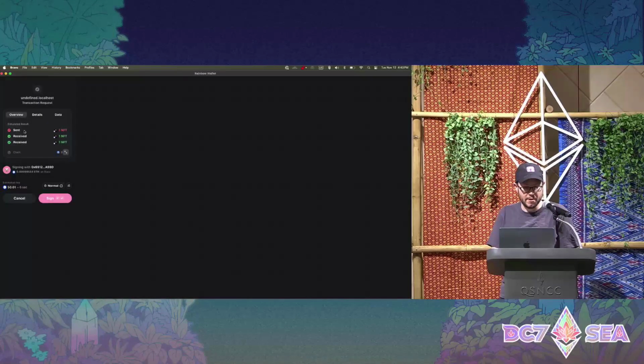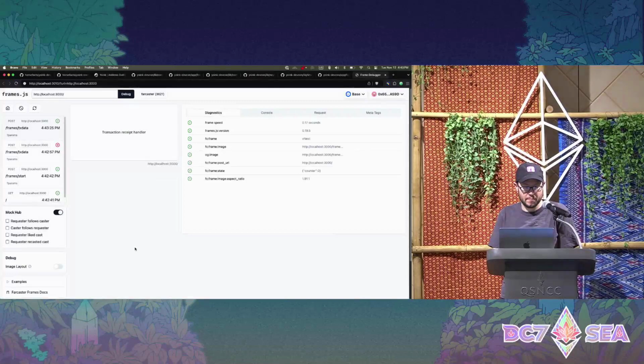And yeah, you can see it simulated the transaction. We're transferring those tokens when I interact with it. Let's sign it. Cool. Okay, and then we've hit that second route, right, that we defined. You can see the transaction receipt handler route, so that's returning the receipt handler frame. So we're not doing anything here yet, but this has received basically the transaction hash of that transaction, and we can use it to either watch the transaction and show like a loading state or show the user some feedback on what has happened.